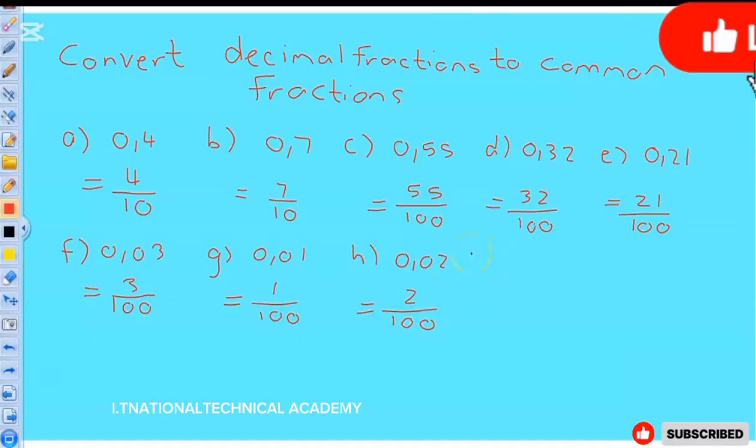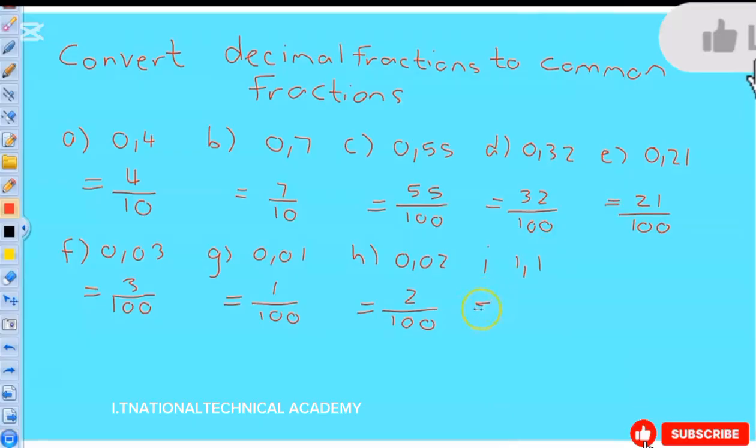Then we have I, just a bit of a tricky one, 1,1, that is the same as saying 1 plus 0,1, that's the same as saying 1 plus 1 over 10,